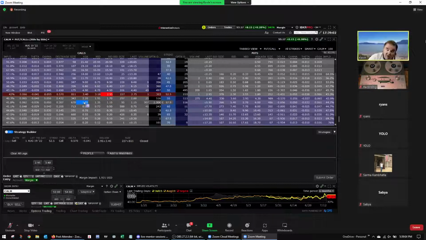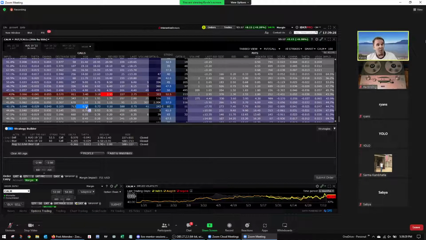Now, the reality is we'd be paying somewhere in the middle, and we would be fine. It'd be fine to buy 2 of these if we were paying somewhere in the middle. But for this example, I'm going to just pretend that this one won't work. I can't buy 2 of these for what I sell one of these for. So I'm going to move up to here, the 95-cent one. I can definitely buy 2 of these for the $2.95 credit I received, because this is only going to cost me $1.90 for both of these. So I will receive a credit.